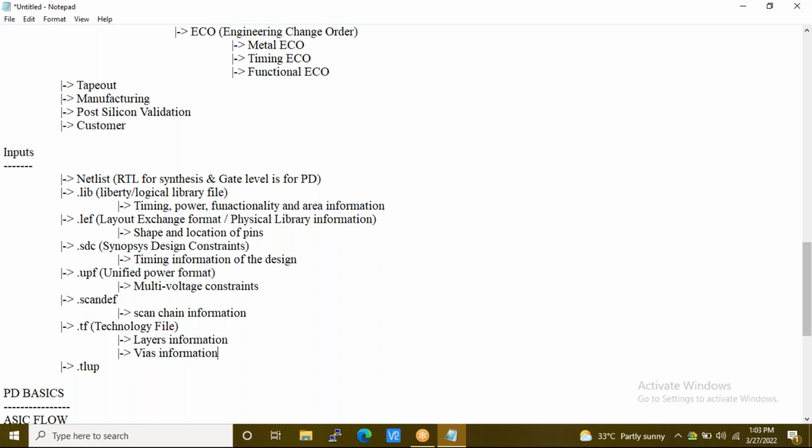Here those pipes that we are connecting from top to bottom are called vias. Clear? Yes, sir.